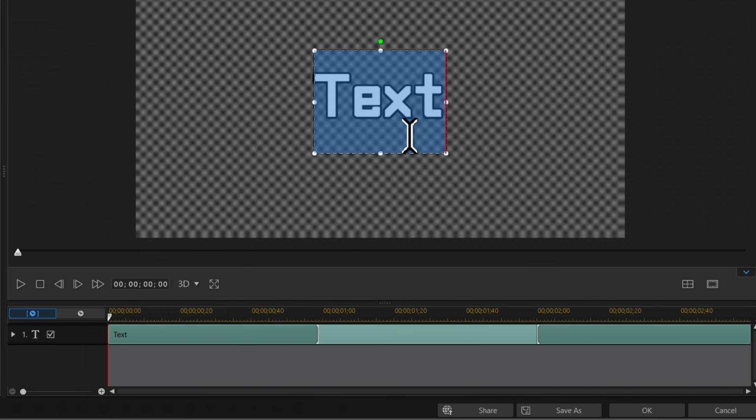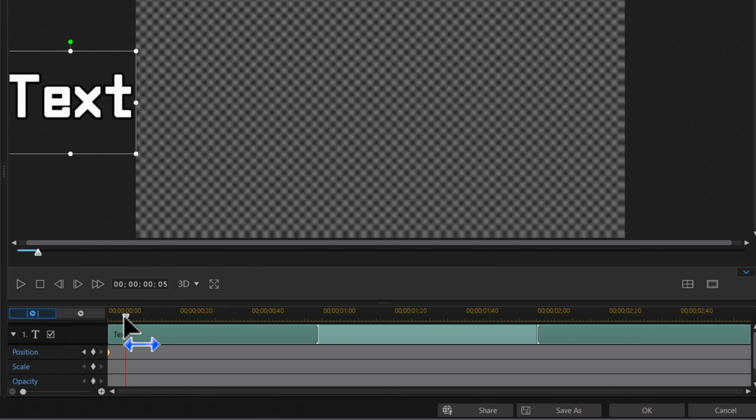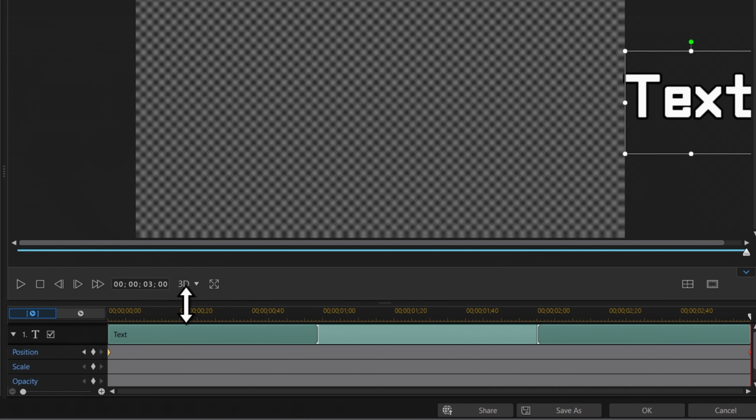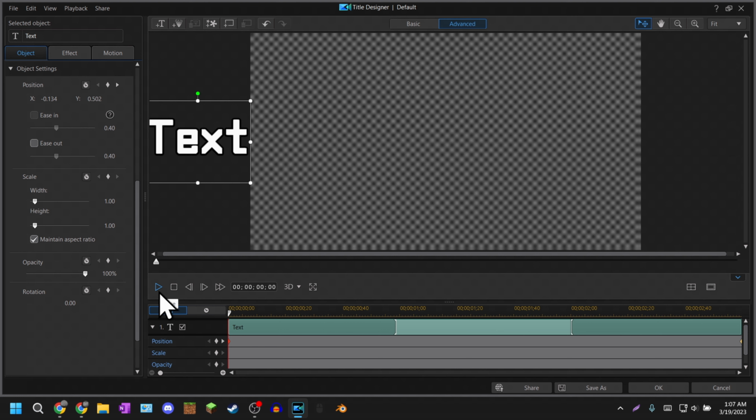So for this, let's do position, for example. In order to do that, just click on this little thing right here. Click on this little diamond, which will activate the first keyframe. We're going to go ahead and move this to the left. Alright, now once we do that, let's go all the way to the end, add another keyframe, and let's move it to the right, assuming that everything is still the same. Now if we were to play it back, it would just look like that. Not really sure why it was blurry, but yeah, you can also change some other stuff as well, like scale,